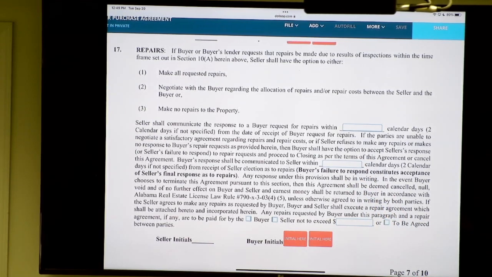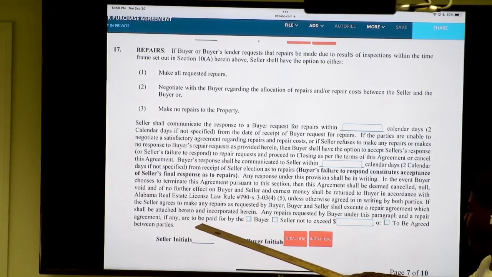If the seller agrees to make any repairs as requested by the buyer, buyer and seller shall execute a repair agreement, which is a separate document, a separate agreement, which shall be attached hereto and incorporated herein. Any repairs requested by the buyer under this paragraph and a repair agreement, if any, are to be paid